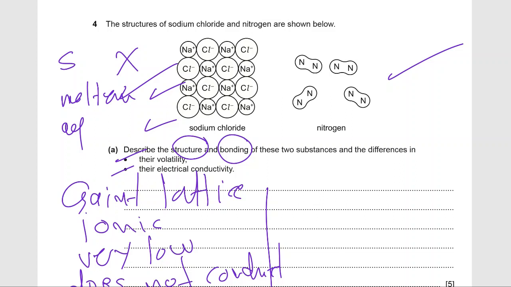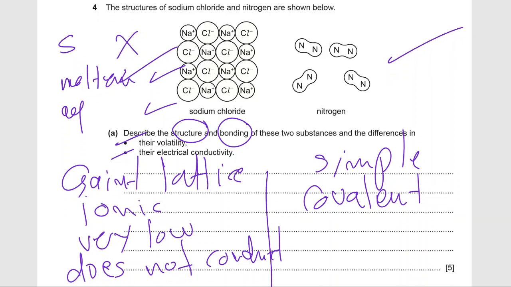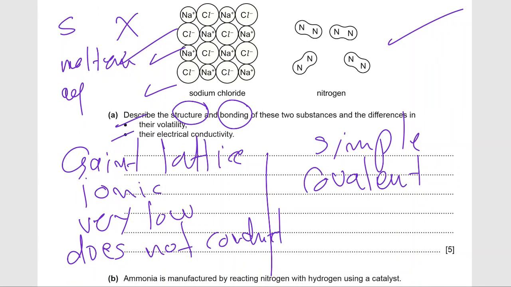Okay. Now let's go to the nitrogen. Nitrogen, how is it? It's simple. It's not giant, simple molecular. The type of bonding, it's covalent. Simple covalent, you can say, or covalent. Volatility is very high because it's gas. High volatility, and